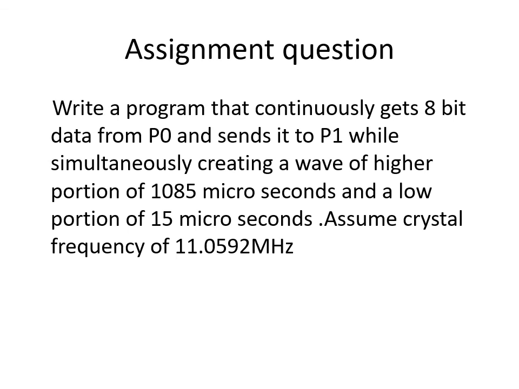So you have to calculate TH and TL values for 1085 microseconds separately and for 15 microseconds separately. Or one more thing you can do is see the calculation for 15 microseconds and work out what value has to be multiplied in order to get a delay of 1085 microseconds. A similar program you have written earlier also, that is in module 4. So please try this. The solution for the same will be discussed in the next class.